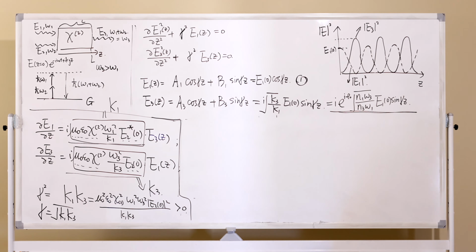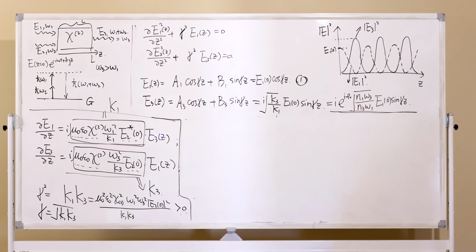You have a non-zero E3 and a zero E1. So from this point, let's call it point A. If you look at point A and look to the right of the waveguide, there's E2, there is E3, and you have E1 at this point equal to 0,